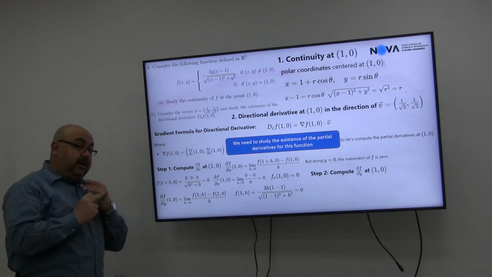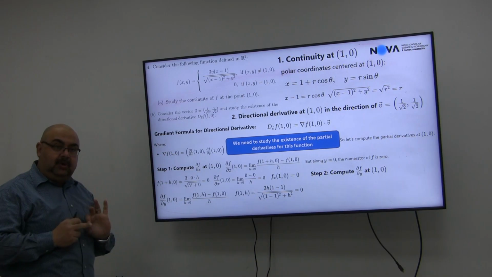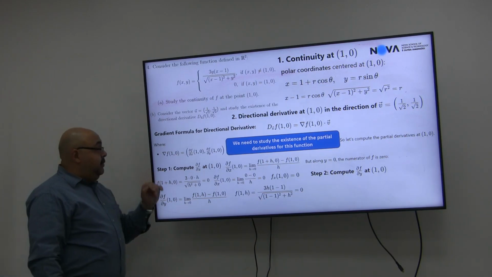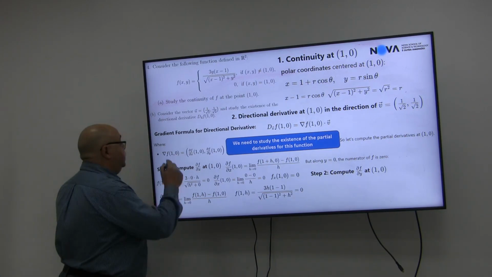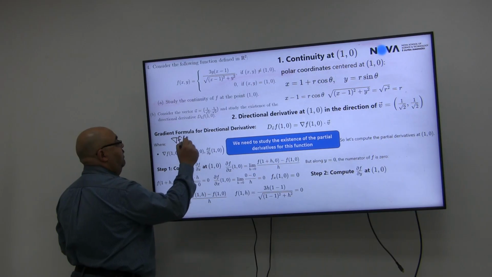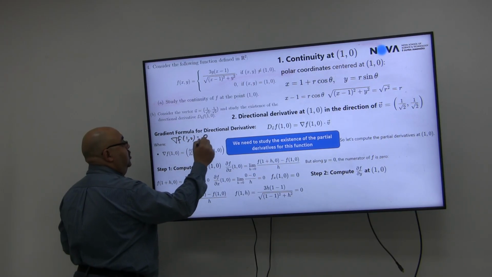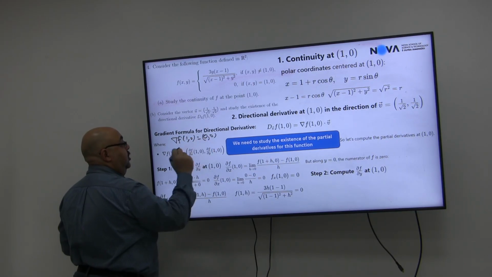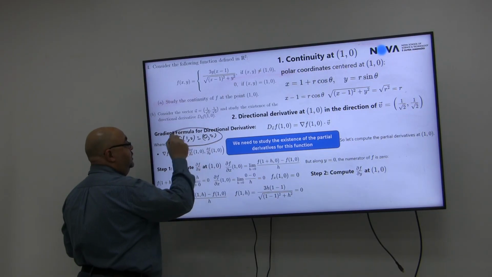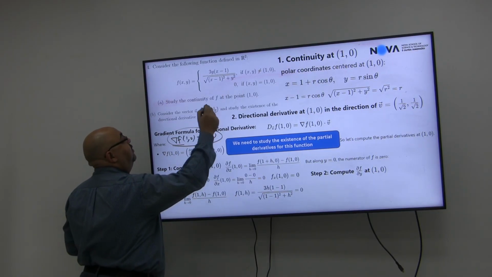Now I have the partial derivatives in x and y equal to 0, which means that the gradient vector of f at 1 and 0 is equal to 0 and 0. Which means multiplying this by any other vector